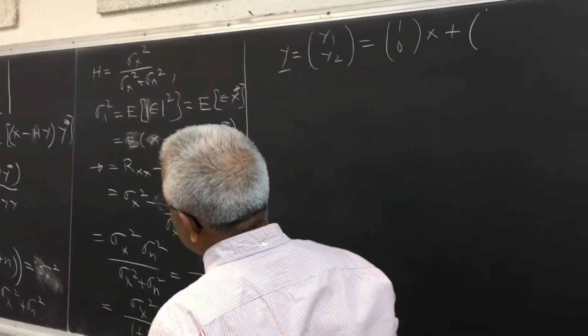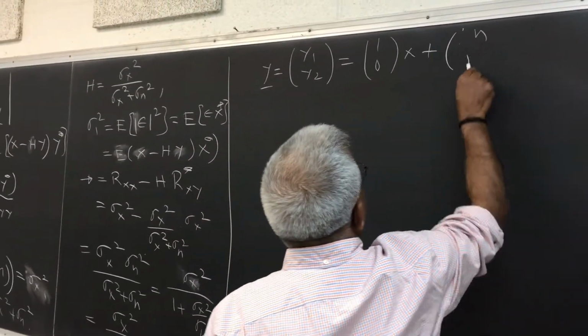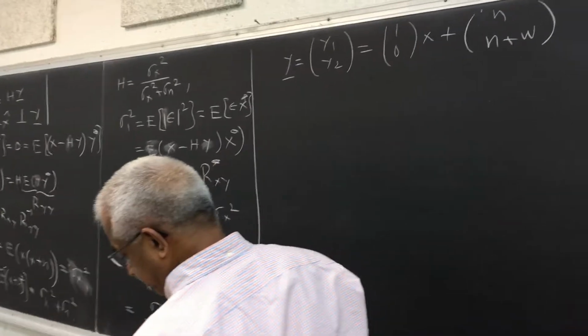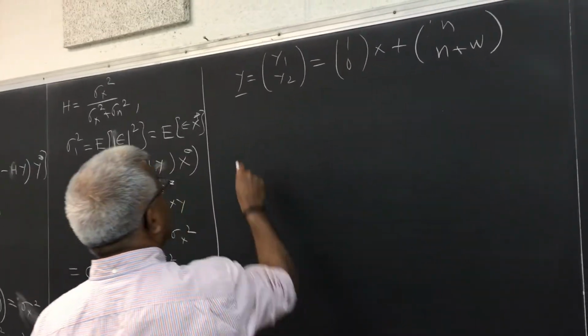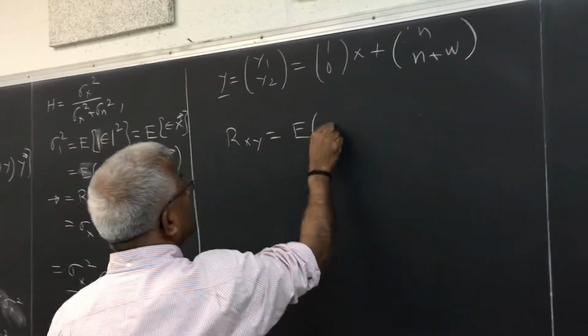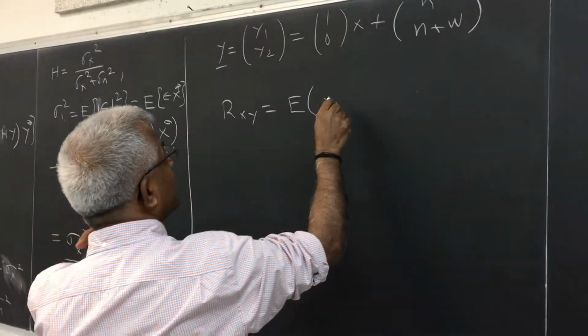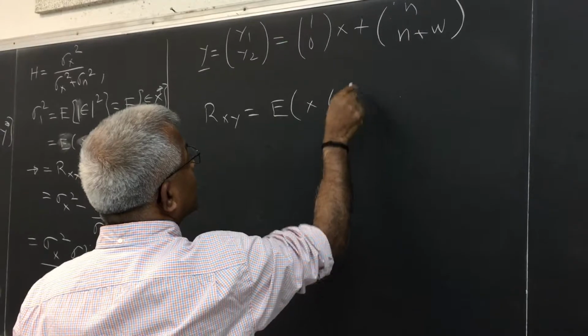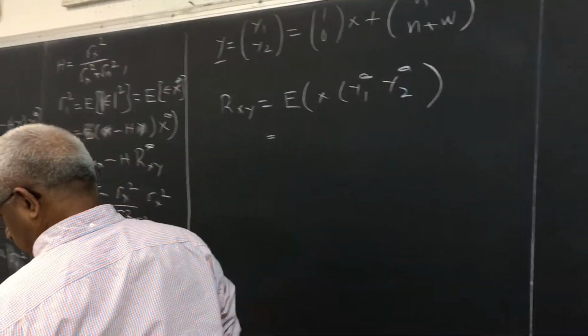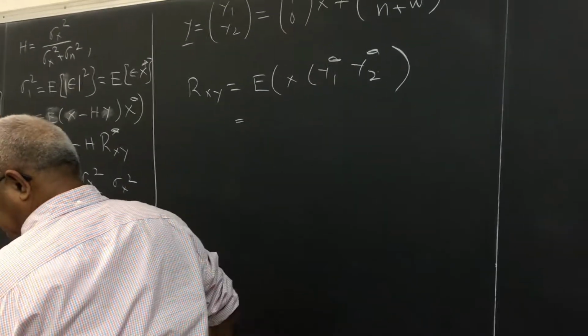Y, n and n plus that. So here Rxy will be expected value of x multiplied by y1 star, y2 star. So if you plug this in, this will turn out to be